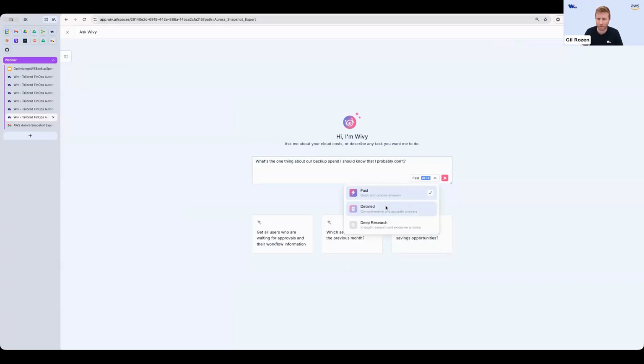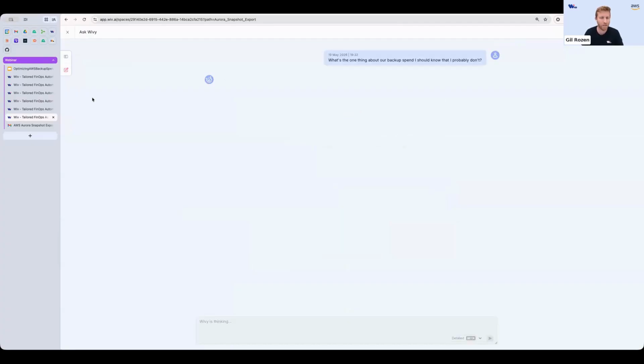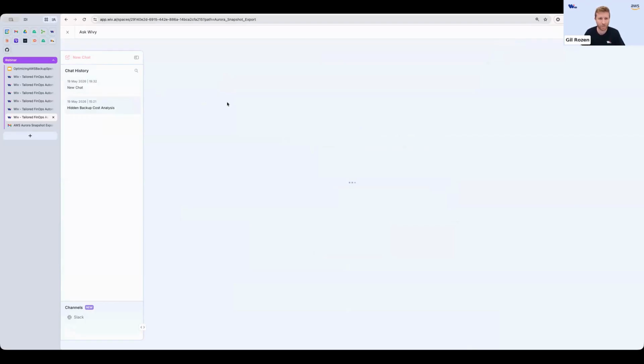And I would click here, details. This is an advanced question because I need to really understand my cloud environment and the different backup costs. Because Wiv.ai sits on top of the automation engine, it will configure a get cost and usage step. And I will go to a pre-made answer for it.